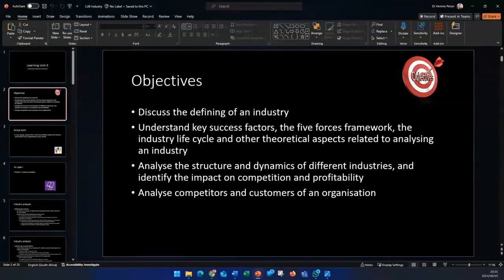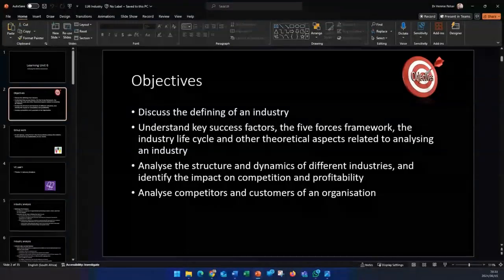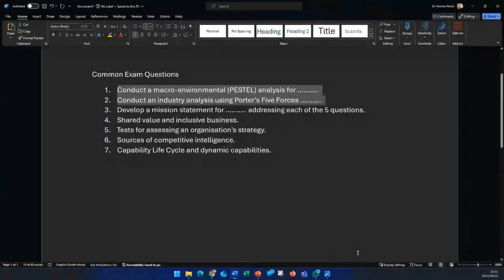So the exam strategy, in my mind, going forward: learn those bits that we predicted off by heart. I will share that. Learn those off by heart. Know the theory. Know how to link it to the case studies. And write generic stuff. So write yourself a generic mission statement.